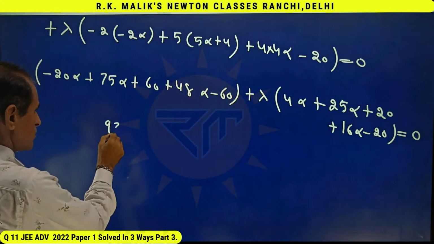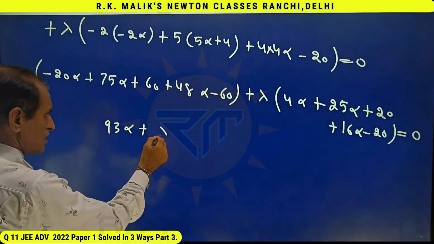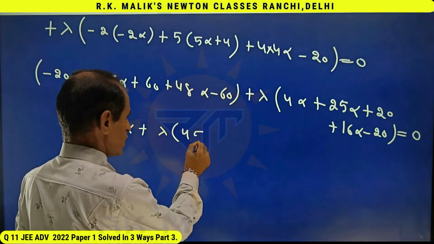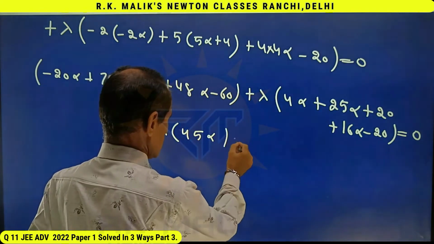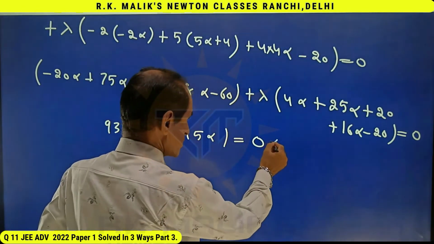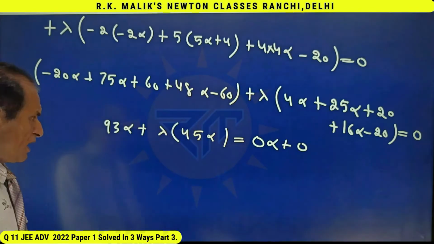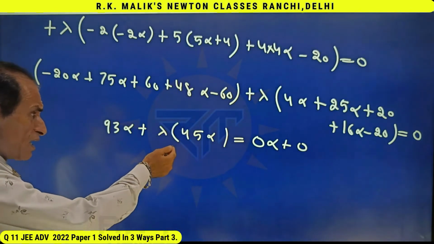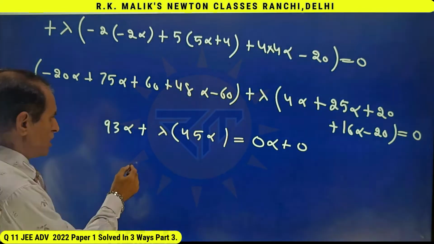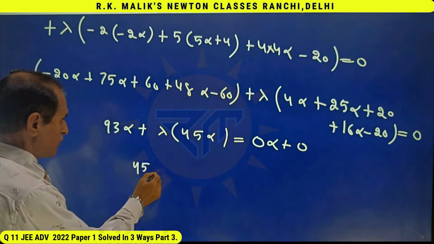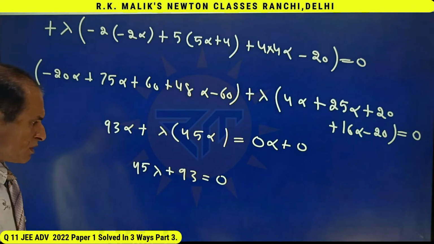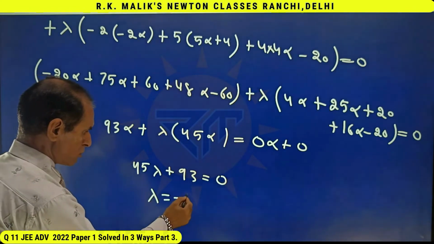That is I get 93 alpha plus lambda into 45 alpha equal to 0. And right hand side can be written as 0 alpha plus 0. And as in previous case, here also, because this is true for every value of alpha, I will get 45 lambda plus 93 equal to 0. That is lambda equal to